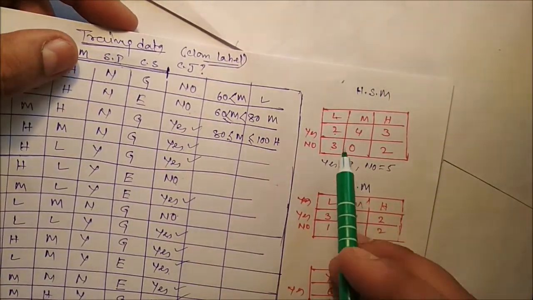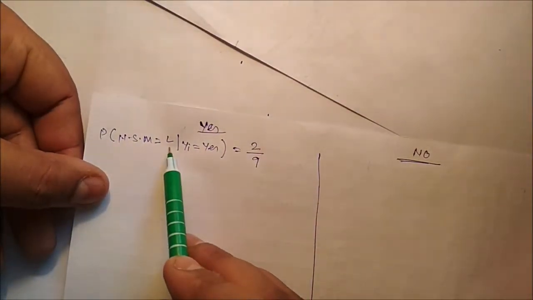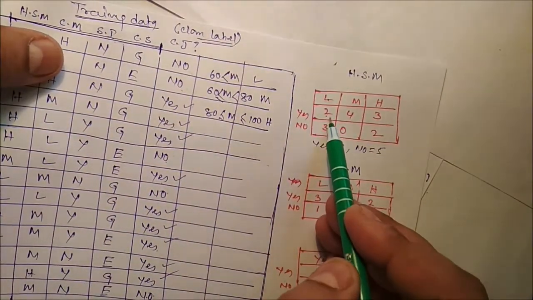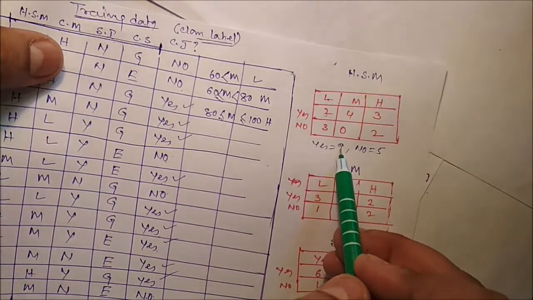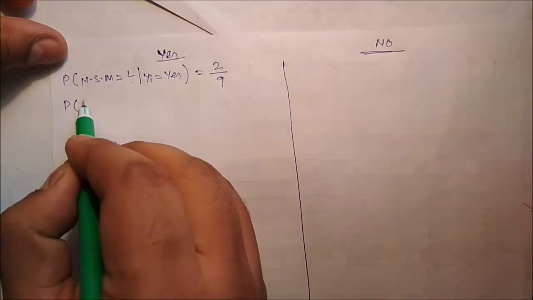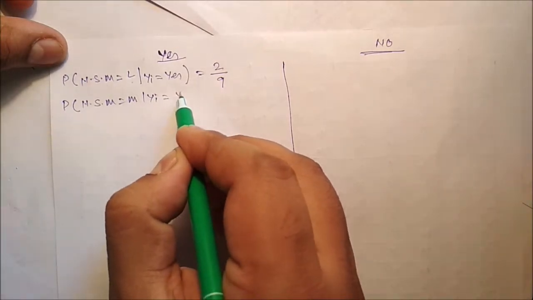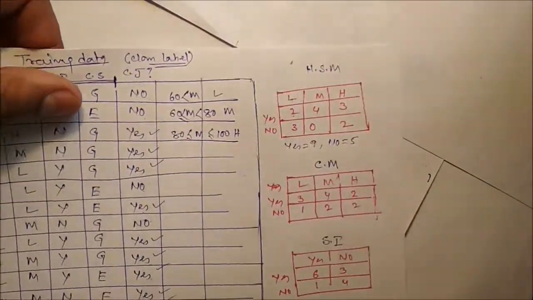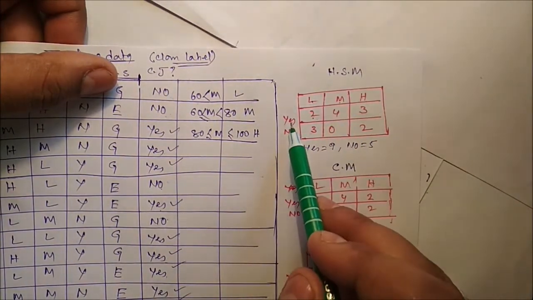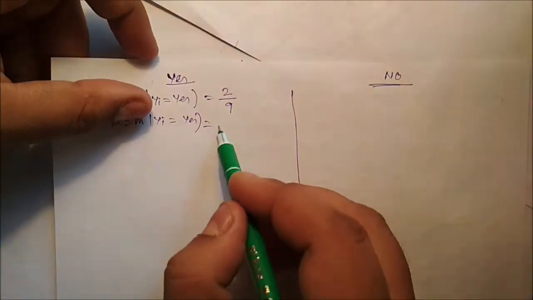So what will the probability be? You can write this one. What is the probability of low marks if the class level is yes? How to get this one? It is 2 by 9. Similarly, what is the probability of high school marks medium if the class level is yes? It will be 4 by 9. So the probability of medium given class level yes is 4 by 9. Here I have to write 4 by 9.